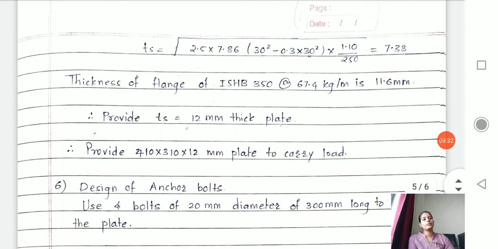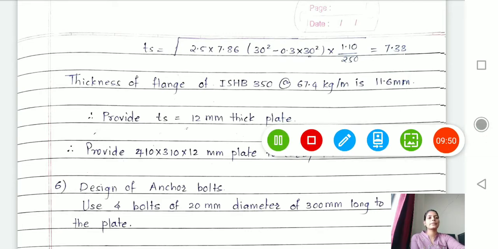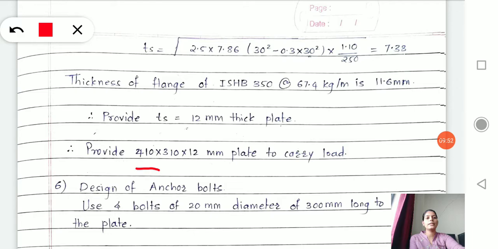After that, once the thickness, length and width are decided, what remains is the connection part. Connection between the pedestal and the base plate, and then base plate and column. Okay, so these two different connections we have to take care of. So see here, I said provide 410 into 310 into 12 mm thick base plate.